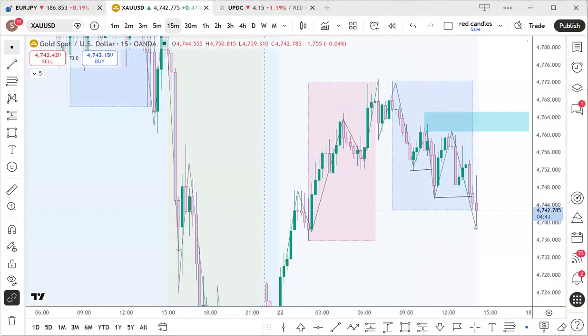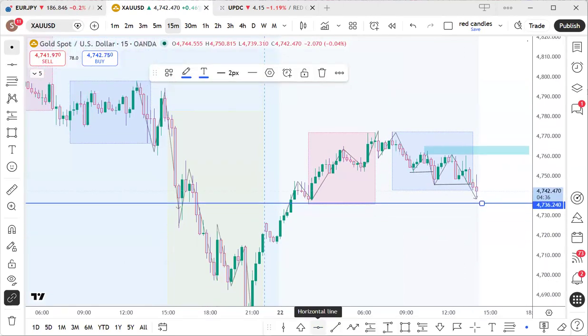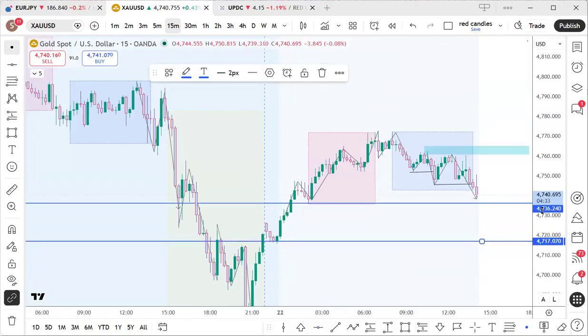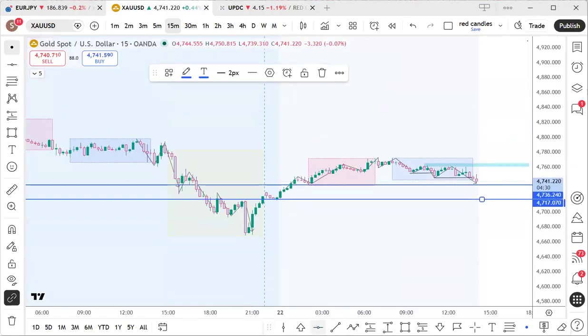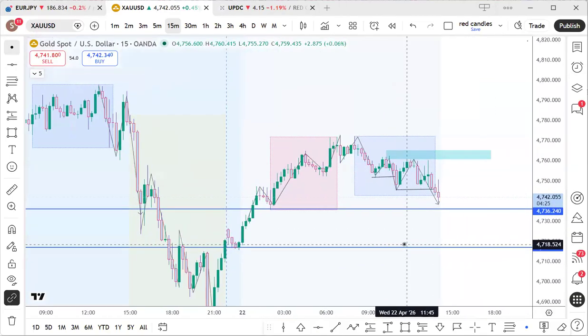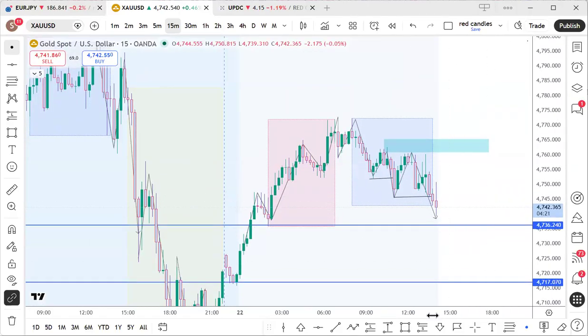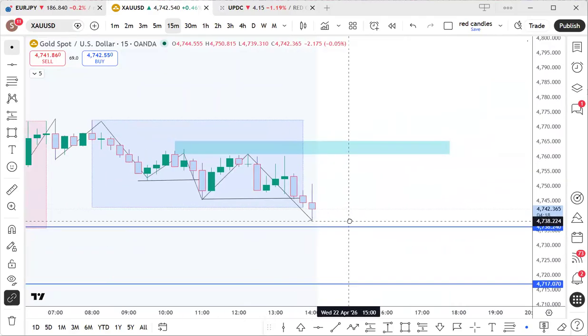Where am I expecting price to go to? Okay, this level here, and then who knows, maybe it will come to these lows, and maybe to the very lows there where it gave us the low yesterday. So we'll just follow that and see if price will give us follow through, that movement that we're looking for. All we are interested in as traders is to execute our trade process. That is all we're looking for.